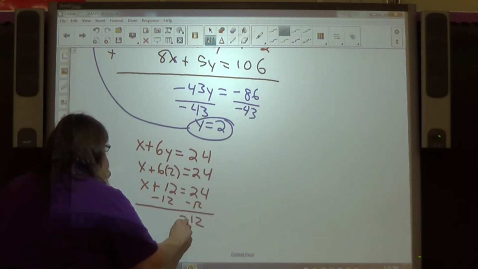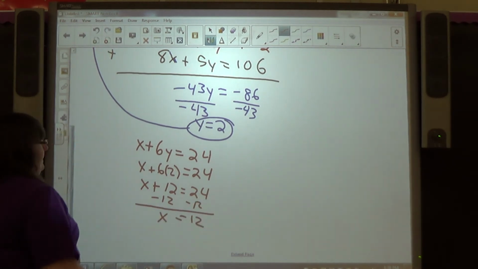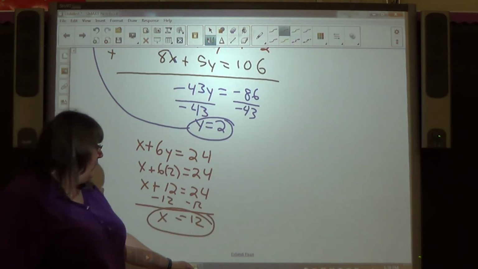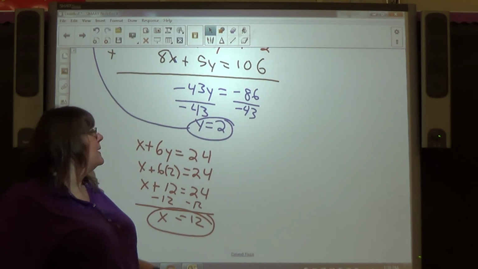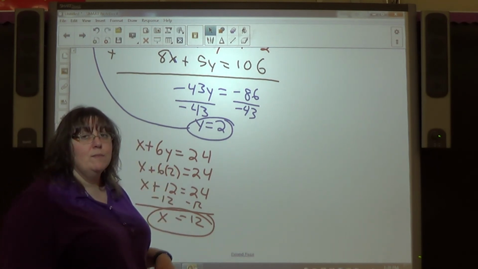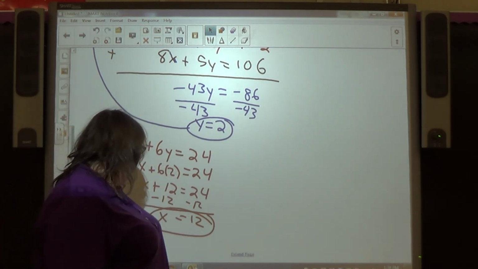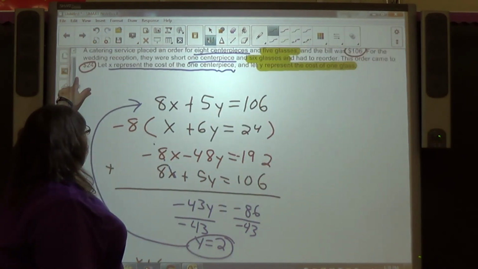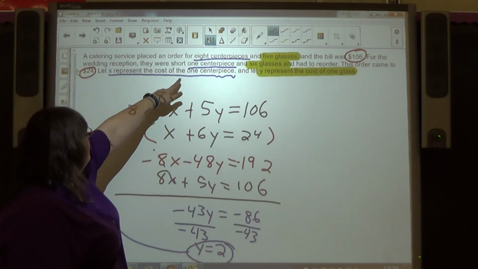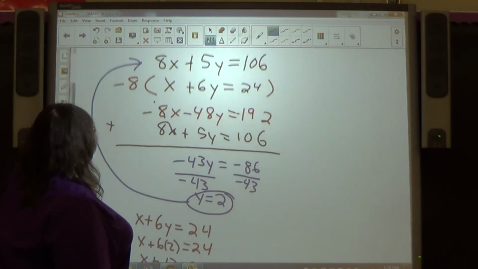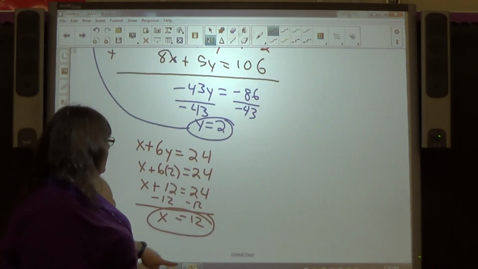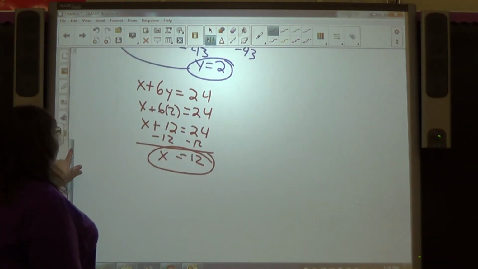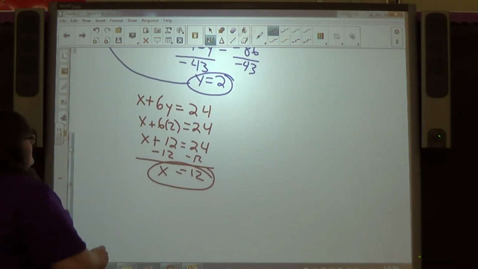That's 12 for x. Okay, now this is a coordinate, yes, but we're not going to write it in coordinate form because it's an application problem, a word problem. Okay, application answer. So what do these x and y's mean? Well, x represents the cost of a centerpiece. Okay, and y represents the cost of the glasses. Okay, so our sentence is,